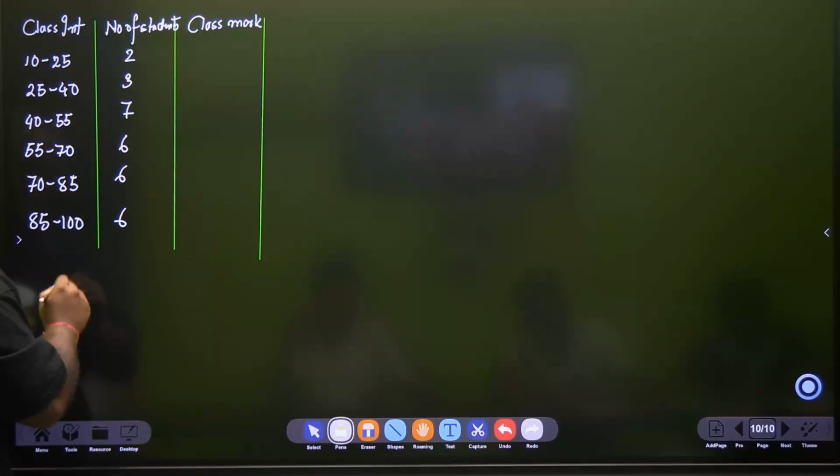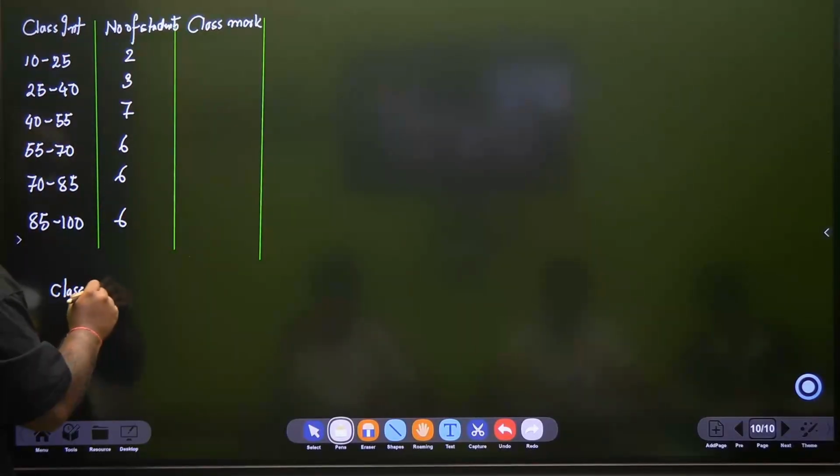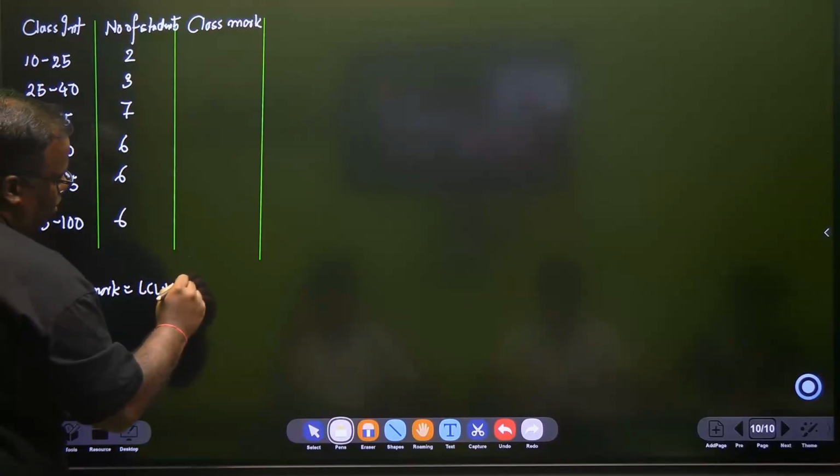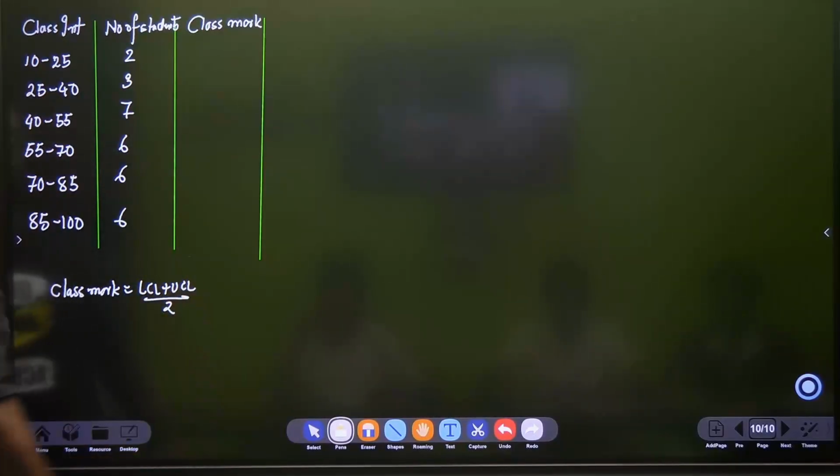I hope you know what is class mark. Tell me, what was class mark? Class mark is LCL plus UCL divided by 2. So if you add 10 with